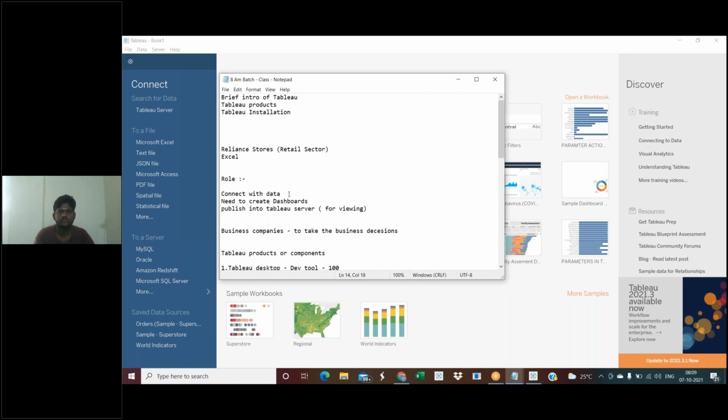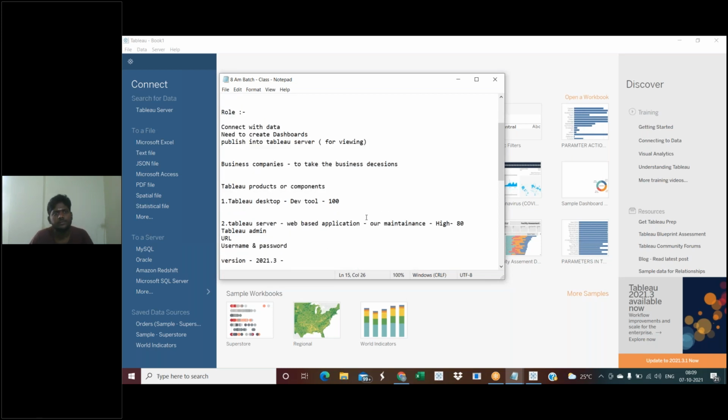The second thing we are going to do is prepare the dashboards. We prepare dashboards according to the client's requirements, how they want to see their reports. Based on this requirement, we build the dashboard. Then we publish to Tableau Server. We have seen how Tableau Server looks, and we will discuss everything at the Tableau Server level. As of now, we have seen the home page.